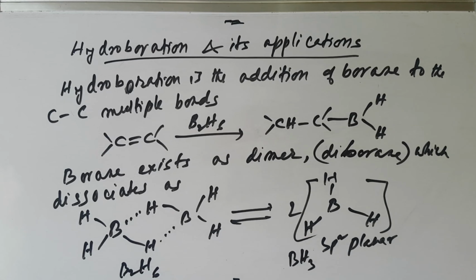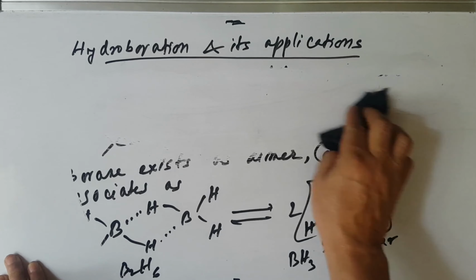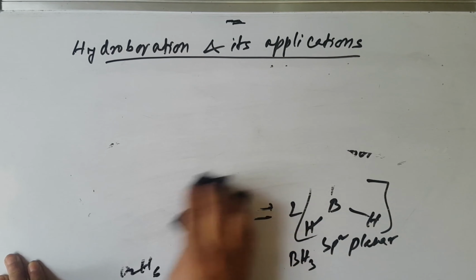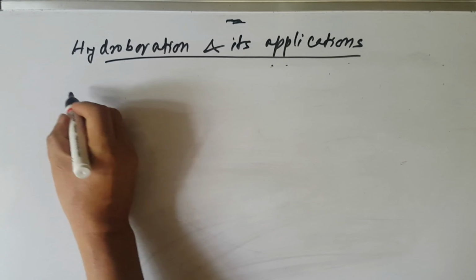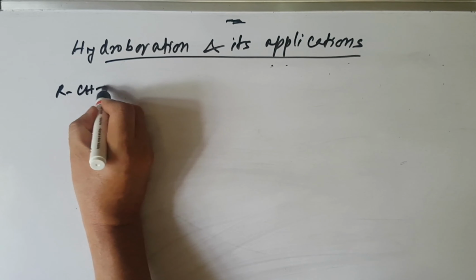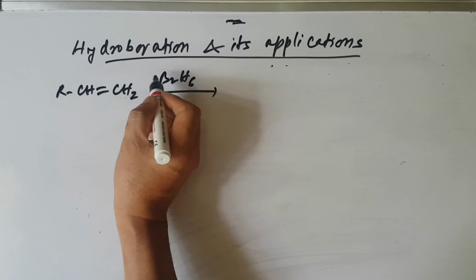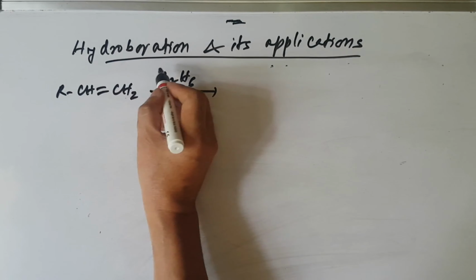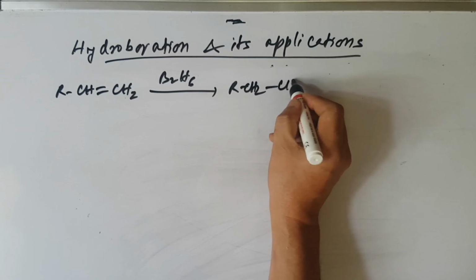So I'm giving just some examples here. An alkene with borane reacts to get this one. So here addition takes place. You know hydrogen addition takes place to the less substituted carbon atom of the double bond to give the more substituted boron. Okay, I'm giving one example here, say RCH double bond CH2. So here hydrogen attacks the less substituted carbon atom to give this one, R CH2 CH2